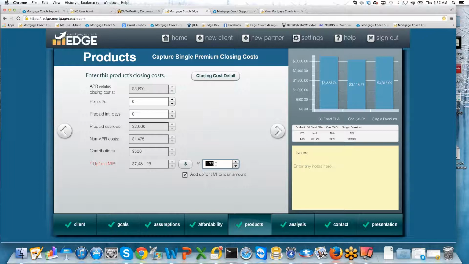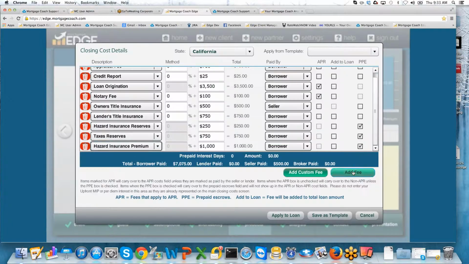So what I would do here, if I want the borrower to bring this in at close, is put my 2.25, but I'm not going to finance it in. That means that the borrower will need to bring in 9618 to close. Now, if I want somebody else to cover this, being the seller, a broker, or maybe I'm going to cover it using a rate credit, I would need to put a contribution in my closing cost detail that would cover this amount. So 9618.75. I will add a fee,